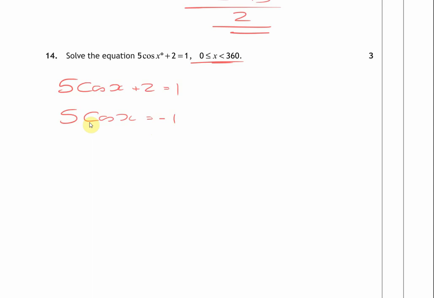Now we'll need to get rid of the 5. The 5 is multiplying the cos x, so we'll divide by 5. So we get cos x equals minus a fifth. So now, in order to find the value of x, we need to bring the cos across. Again, remember from the previous questions, this will go over as inverse. So x will equal cos to the minus 1 of minus a fifth. And that'll tell us that x equals